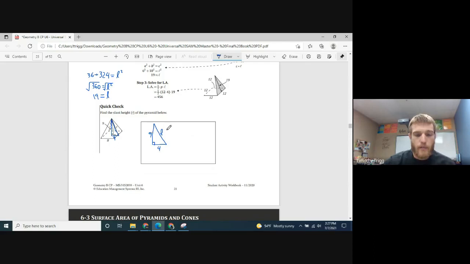Using that, we can find L using the Pythagorean theorem. Here, our A and our B are 4 and 9. So 4 squared plus 9 squared equals our hypotenuse, in this case, L squared. So that's going to be 16, because 4 times 4 is 16, plus 9 times 9, well, that's 81, equals L squared. 16 plus 81 is 97,